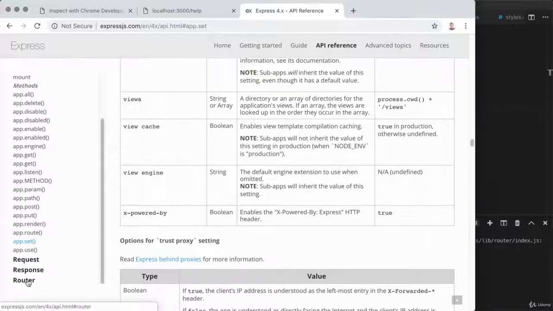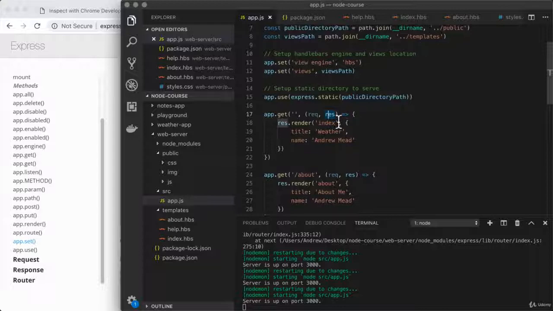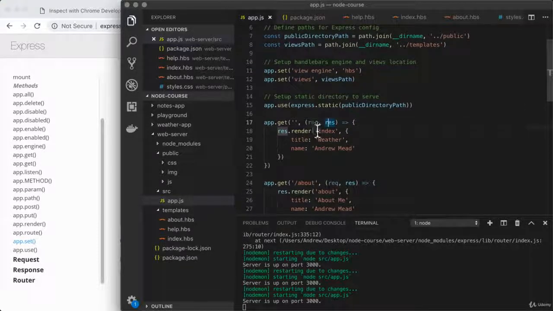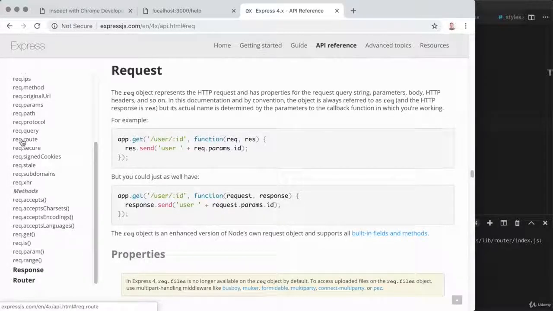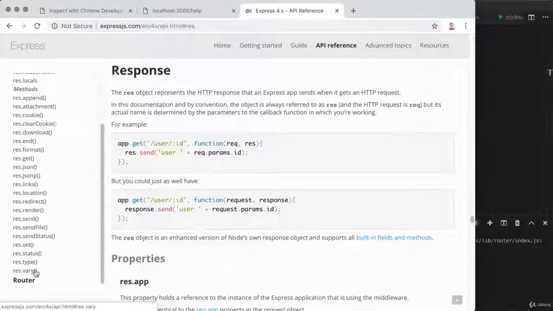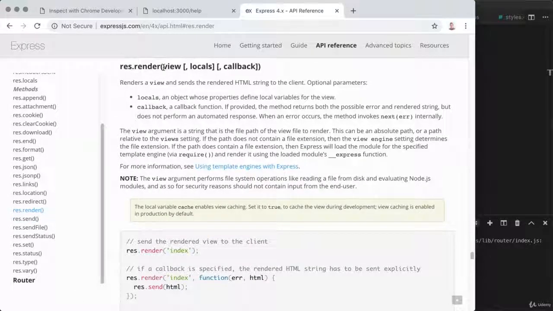We're going to explore router later in the class. Request and response contain documentation for the request and response objects that are passed to the callbacks for a route. So if I click on request, we can see all of the things we can do with that object. And if I click on response, we can see all of the options we have here, including a couple that we've used, response.send. We could learn how to use that even though we already know how to use that. And we also have response.render just up above, and here it talks about how to use Express with a template